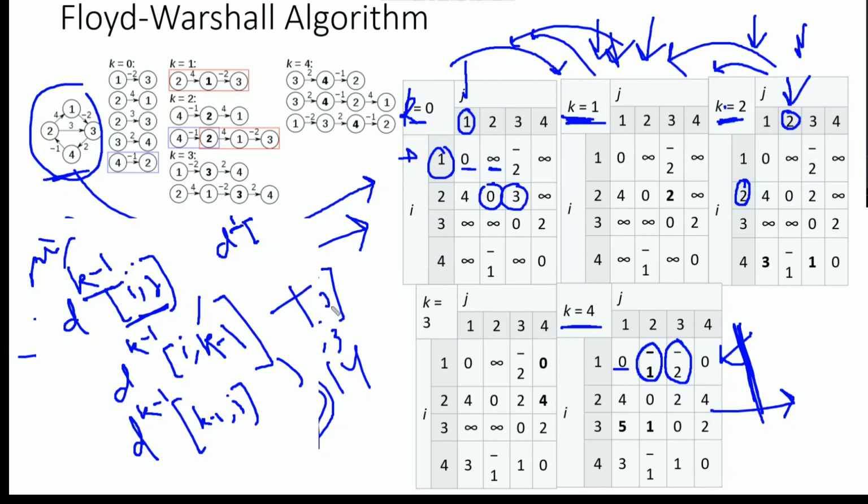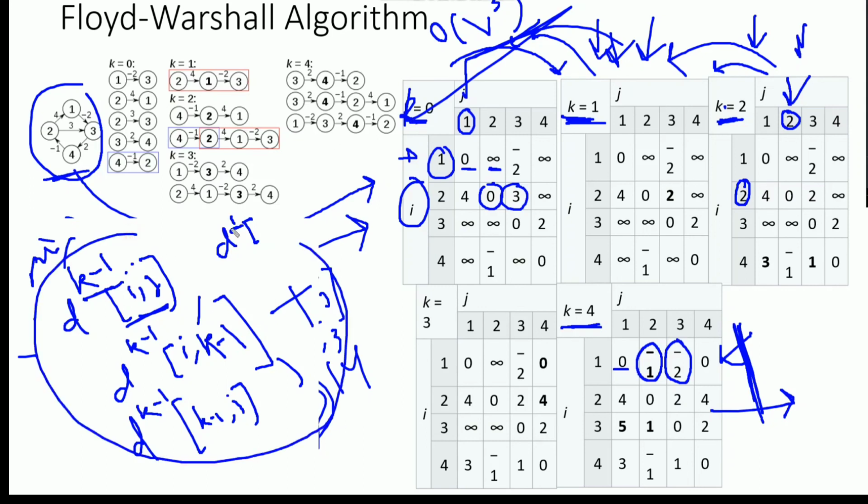Okay. So if we see the time complexity, we find that this algorithm uses 3 for loops. One is for vertex I, like 0 to V, one for vertex J, and one for vertex K. Because see, K is moving from 0 to 4. We have to iterate I also for the number of vertices. We have to iterate J also for the number of vertices. So basically it will be 3 for loops. So the time complexity will be big O of V cube, and the algorithm is quite simple. We need to use 3 for loops iterating up to the number of vertices, and then we need to use this formula in order to fill the values inside the matrix.